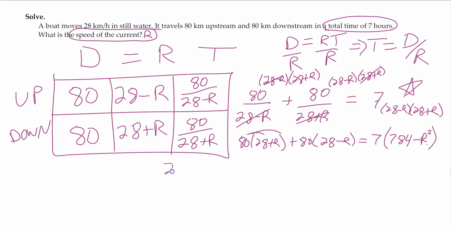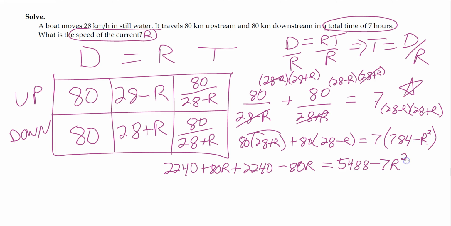So we have 2240 plus 80r plus 2240 minus 80r equals, 7 times 784 is 5488 minus 7r squared. Now the r's terms reduce. If we combine like terms on the left, we get 4480